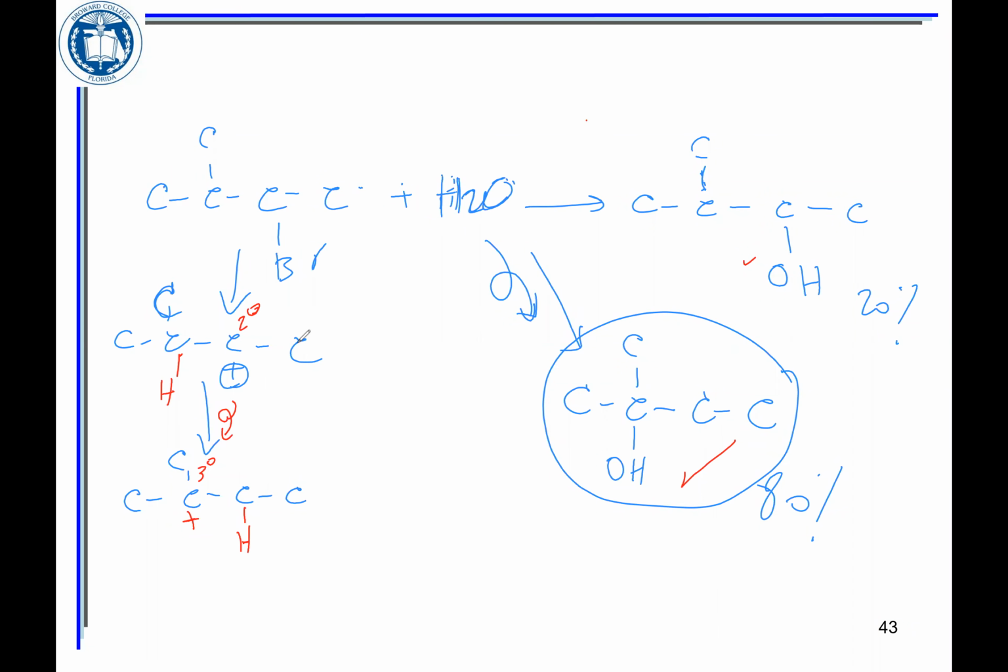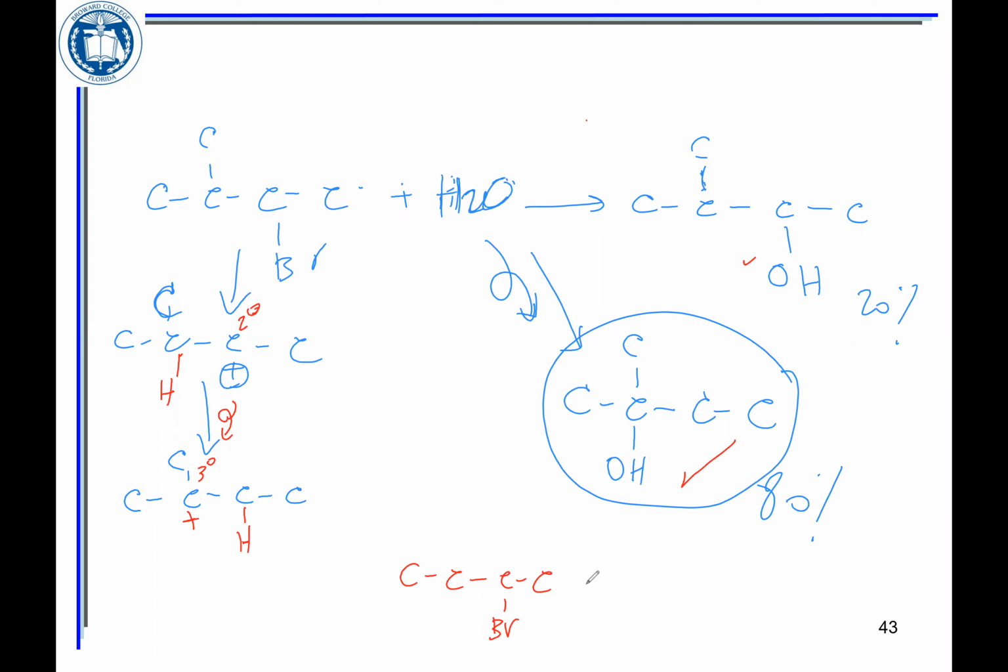First of all, it must go from a primary to a secondary or to a tertiary, or it could go from secondary to tertiary. It can never go from tertiary to a lower number. And if you had a secondary to another secondary, there's not much of a benefit. Let's say you have a 4-carbon